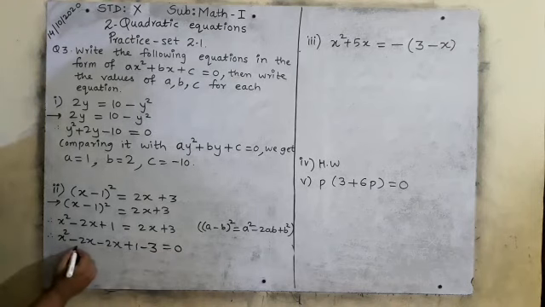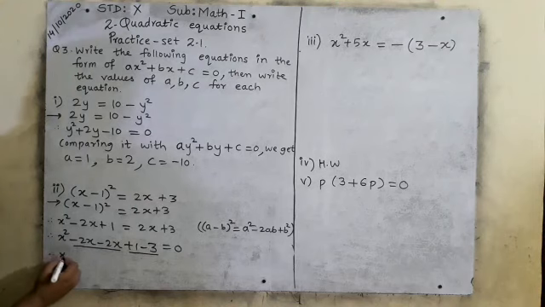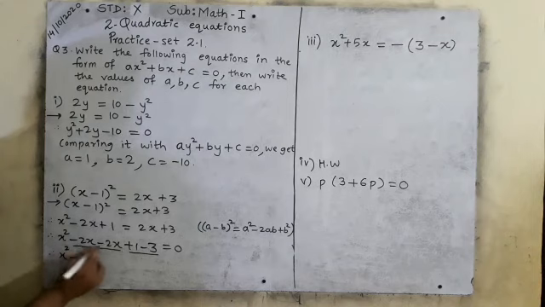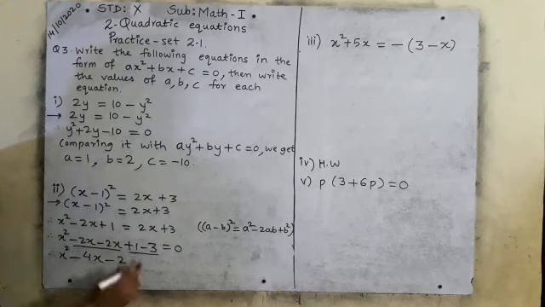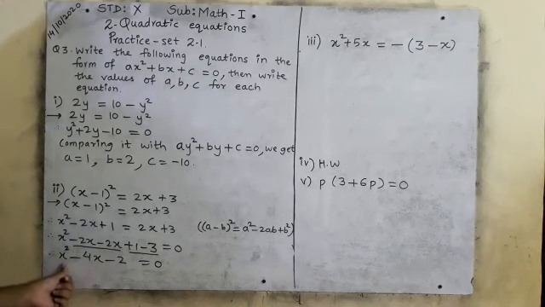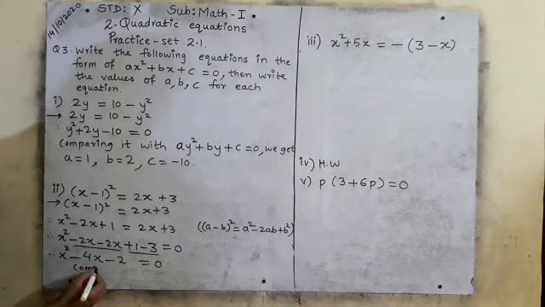Now, like terms. These are the like terms. Can you see? These are the like terms. So what will you do? X square. Yes. See, minus 2x minus 2x, addition of numbers, that is minus 4x. Plus 1 minus 3, so 3 minus 1 is minus 2, right? Because the bigger number was in negative, so the answer will come in minus only, is equals to 0. So x is the only variable used here whose highest index is 2. So we will compare it.